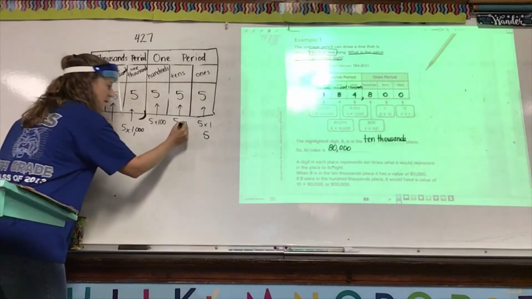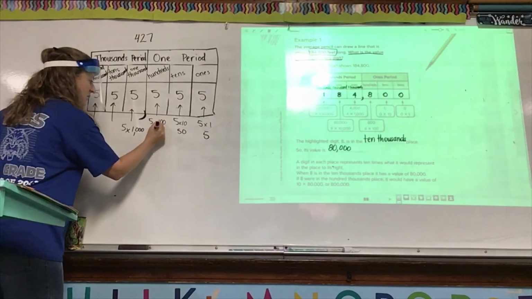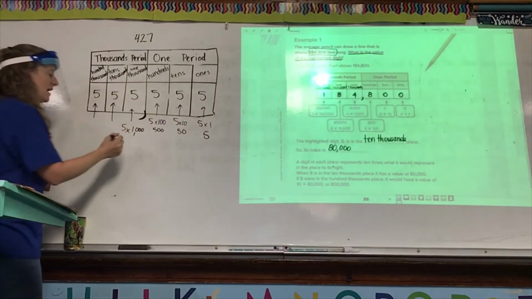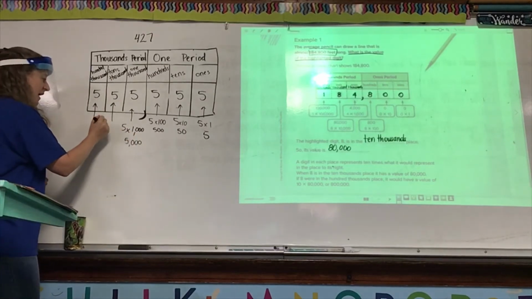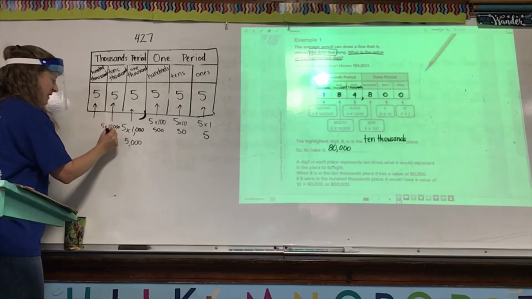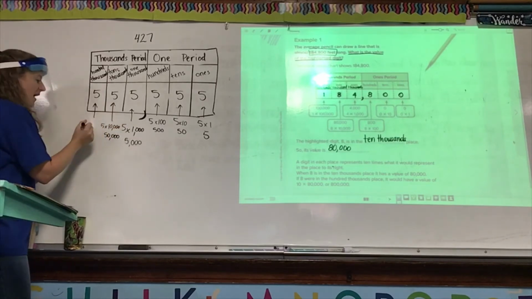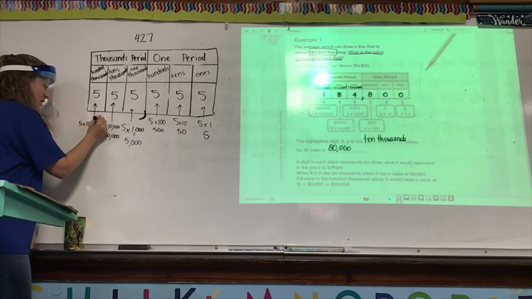A 5 in the tens place is worth 50. A 5 in the hundreds place is worth 500. A 5 in the thousands place is worth 5,000. A 5 in the 10,000s place is worth 50,000. A 5 in the 100,000s place is worth